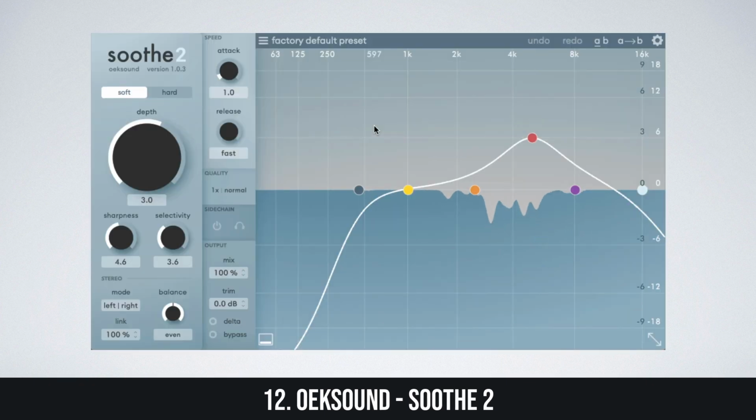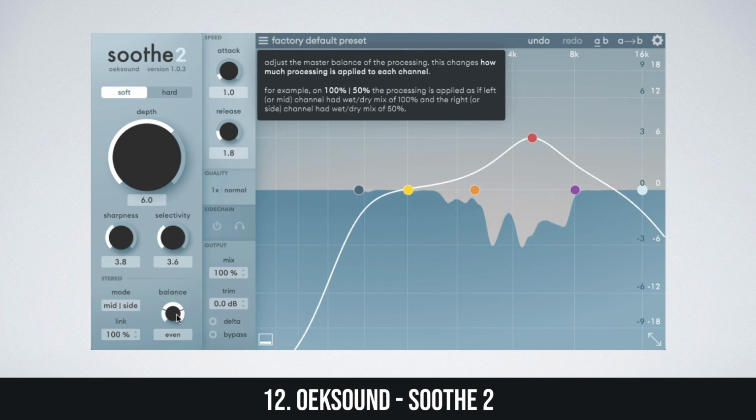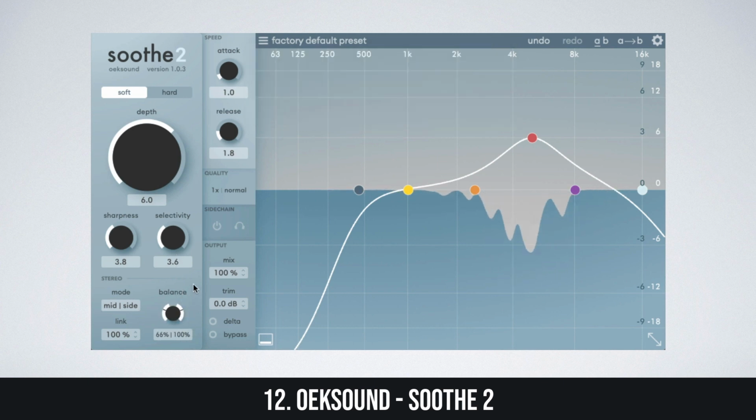Sooth 2 by Oeksound is a dynamic resonance suppressor that identifies problematic resonances on the fly and applies matching reduction automatically. Manually notching out resonant frequencies is a thing of the past with Sooth 2 in your plugin library. Drop Sooth 2 onto a resonant track, quickly dial in the settings, and move on. You can also use Sooth 2 to reduce harshness and sibilance, as well as mud. Additional key features include a mid-side mode for the overall plugin as well as per band, and there's also an external sidechain input. Unlike certain drag-and-drop processing solutions, Sooth 2 works exceptionally well.